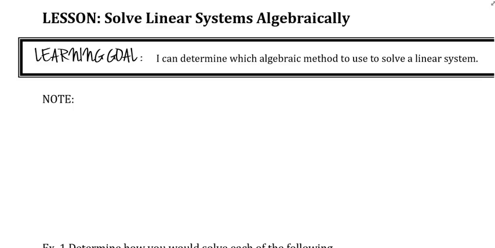So as a refresher, for solving linear systems algebraically, we had two methods. Well, first of all, what is a linear system? Do we even know what that is? And that's fine if we don't. But a linear system is when you have like two lines drawn on the same graph, or you're thinking about